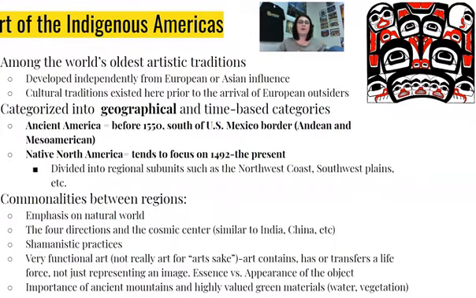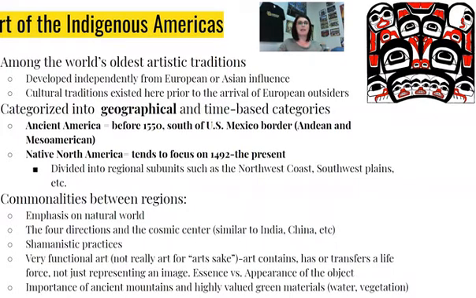It's really important to realize that we talk about these classical art styles from Europe and Asia, and there would have been classical styles that developed here in the Americas, except a lot of those were eliminated by people who arrived from other places and instilled their culture here. When we talk about the Americas, it really is divided into geographical regions. That's the important part to think about, how they organize American art. So we have ancient America, which is pretty much south of the Mexican border. That will be Mesoamerican, which is like Middle America, and Andean America, which is South America.